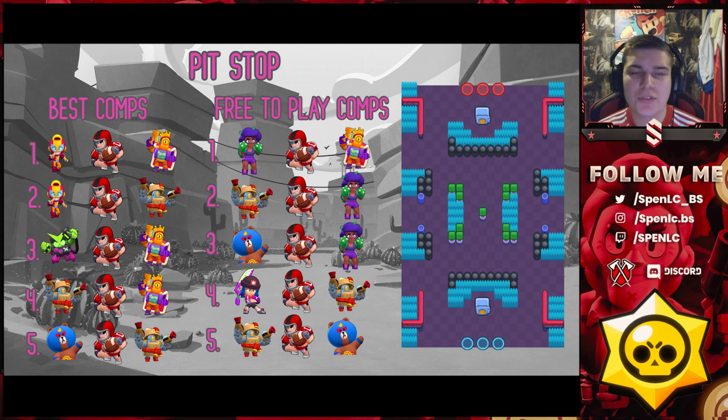He has a lot of good bounce opportunities. He pinches well with a lot of different brawlers, and this map comes down to how well you can pinch the enemies, working well as a team and pushing up the map together. You can see all 10 comps I've recommended have Bull in. Bull's really good heist brawler, but especially in this map,